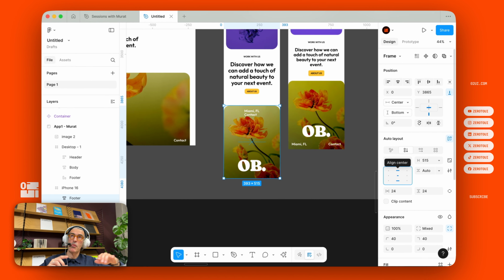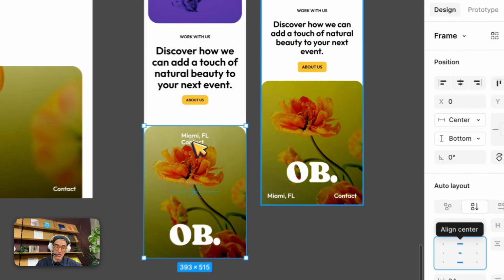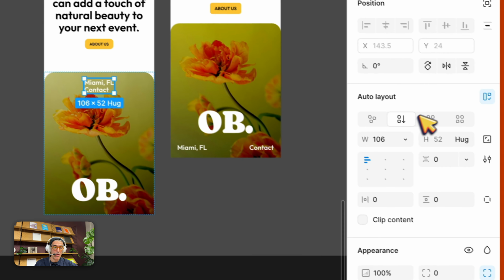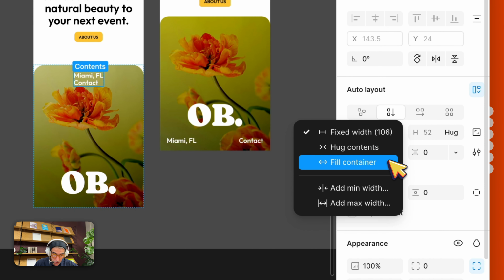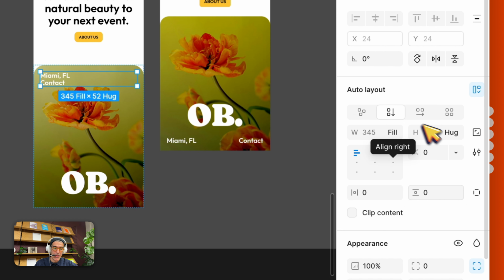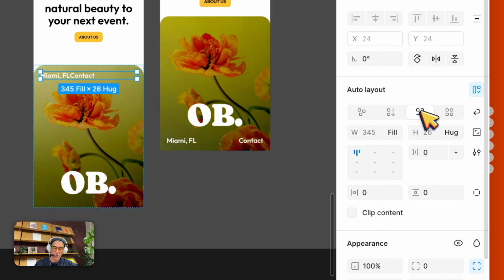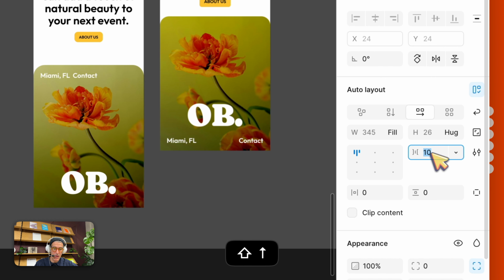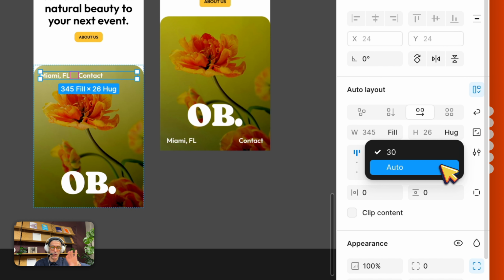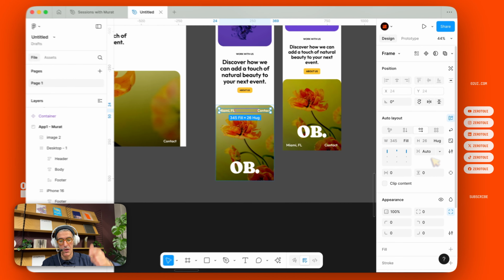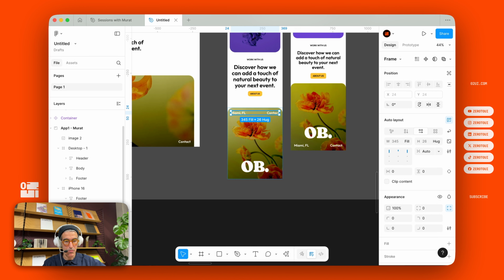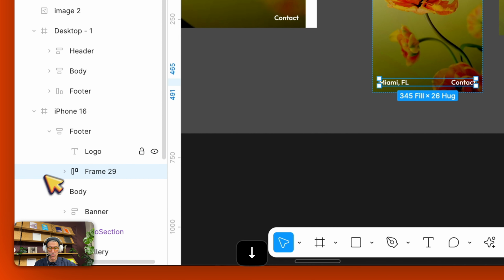Again, I'm thinking in boxes. What boxes do I need? So this box in general is, let's say, fill container. And then also, instead of vertical, let's make it horizontal. And I don't want to necessarily arrange this thing. I want it to automatically push the other child. Plus, finally, I can put this frame down and call it